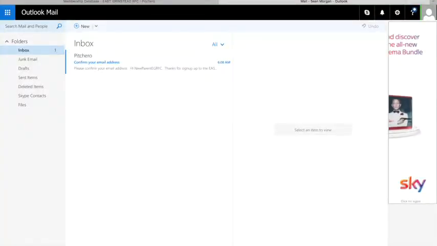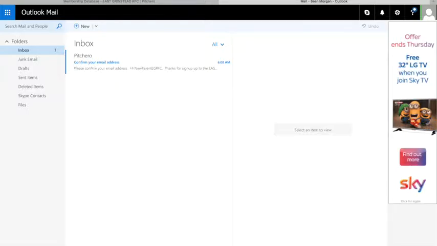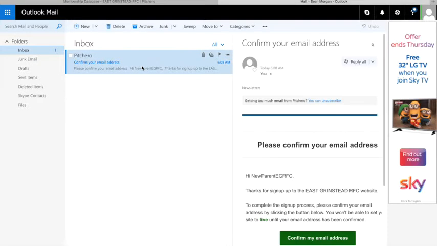The final step in this process is then, within the next hour or so, or few days, within signing up for the website and logging out, you should receive an email from an organisation called Pitch Hero, and it says confirm your email address. Your email settings may mean that this goes to your junk items, so also please check your junk mail. This one's come to my inbox, but if you click on it,